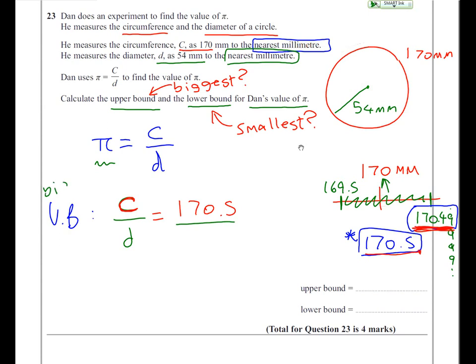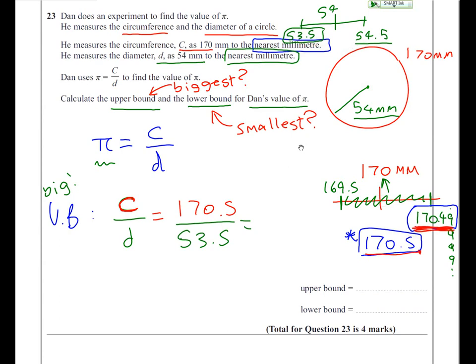Remember, we're trying to make this big. Do we want to divide by a smaller number or a bigger number to make our answer big? Well, imagine a piece of cake. If you're cutting up a piece of cake, if you want a big piece, you better make sure not many people are sharing it with you. So that means the bigger the number we divide by, the smaller our answer. So we need to think about the 54 value, and we rounded to 54, so the lowest it could have been is 53.5, the biggest it could have been is 54.49 reoccurring, which we can just call 54.5, and we're dividing to get a big value, so we want to divide it by the smallest possible,